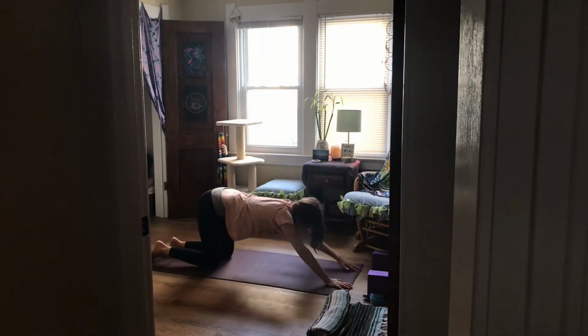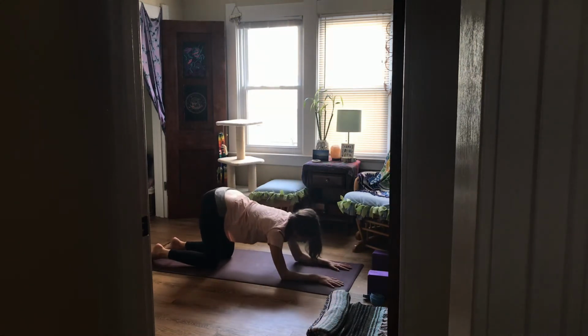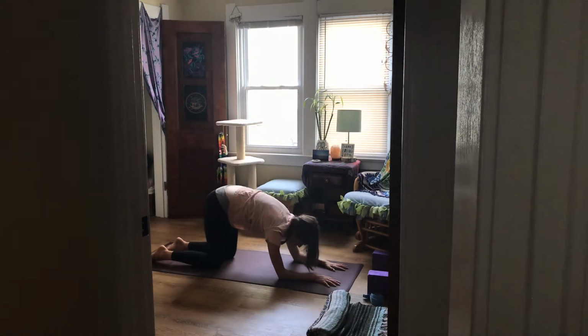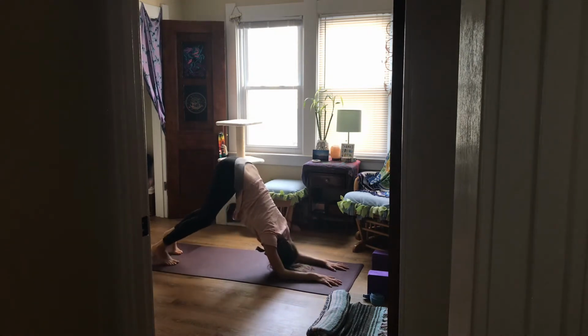And then slowly bring your hands back in and come down onto your forearms if you're not there already. And an inhale, puff up through your shoulders as if you're in cat pose. Tuck the toes under, and then lift your hips for dolphin. So as we seek balance between